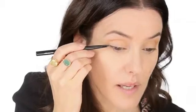Very, very dark chocolate brown and a bronze. So I'm just going to use the black today. So I'm just going to trace all the way along my upper lash line, just really going in between the lashes, right down to the roots,